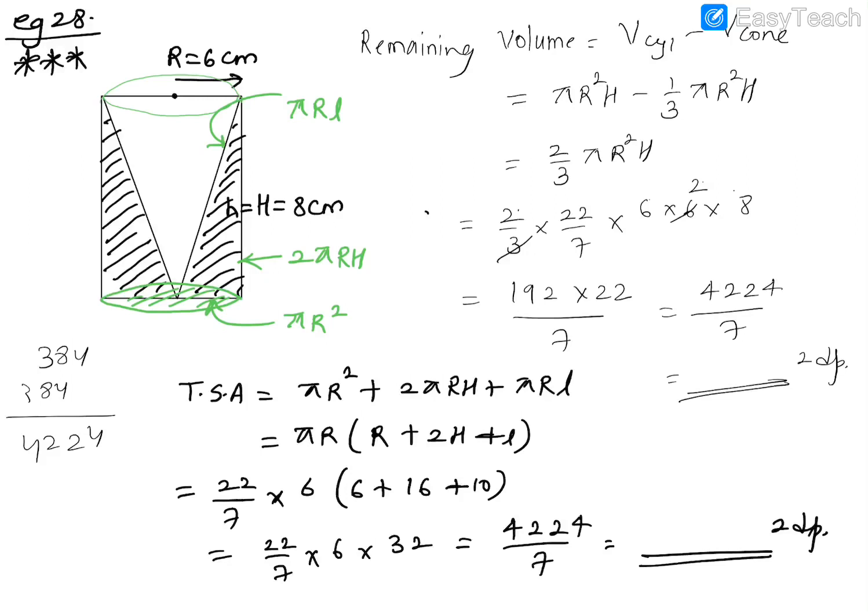Next one, we'll do example number 29. Example 29 is a Dasu problem. You will not agree with me it's a Dasu problem after the solution, but believe me, in the exam when it comes, most of the people are not able to do it, such an easy problem, because of this concept.